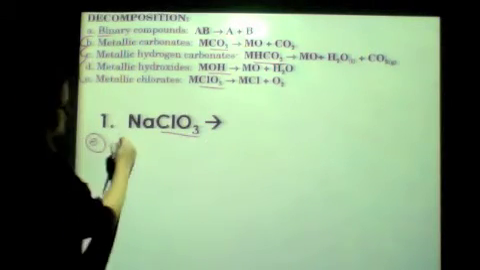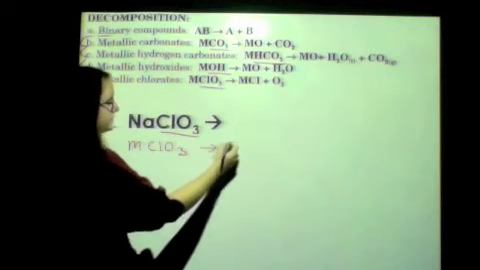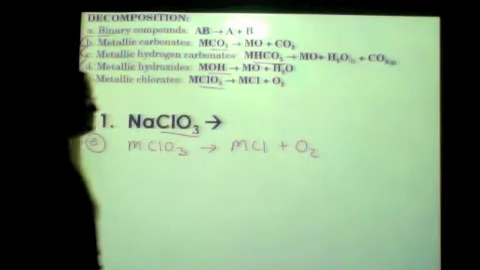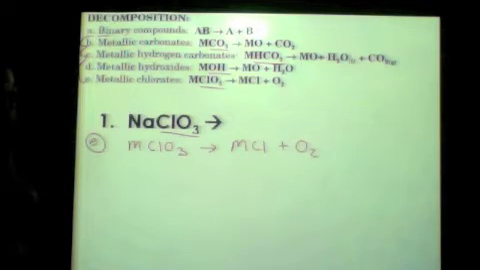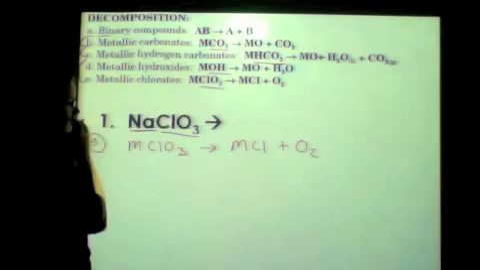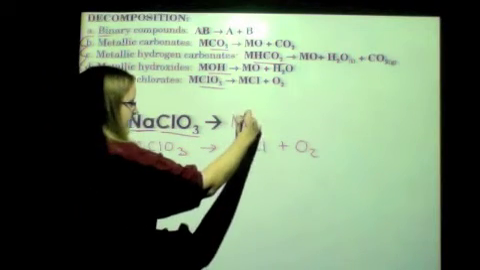This is the general reaction. MClO3 is going to produce MCl plus O2. So from there, the next step is literally take your metal, which in this case is Na, and replace it over here. So it becomes NaCl